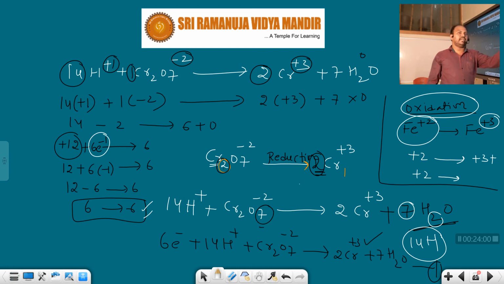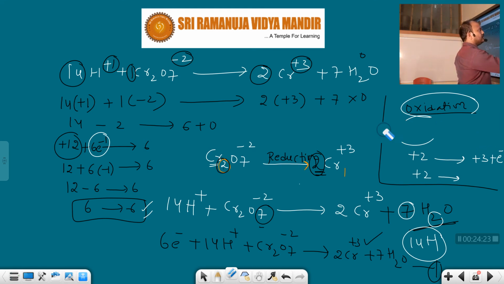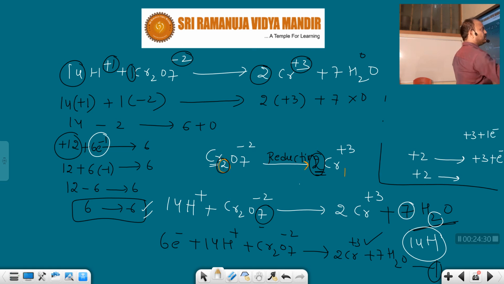We should disturb the right hand side, because in oxidation reactions we are always adding electrons on the right hand side. How many electrons are we adding here? 1 electron. Electron means relative charge is minus 1. So here plus 3 will be there. 1 electron means electron relative charge, how much? Minus 1. You know very well, this is plus 3, 1 electron added. Electron relative charge, how much? Minus 1. That's why in the electron place we are adding minus 1.